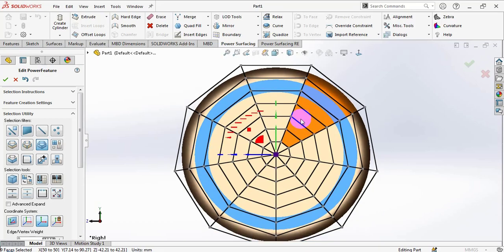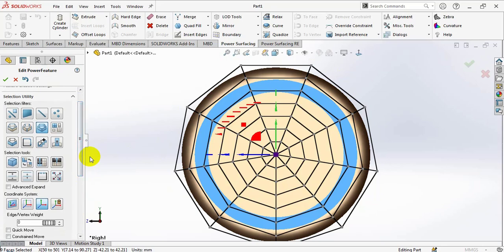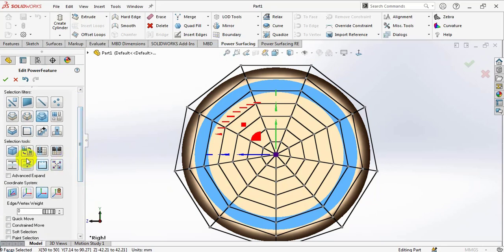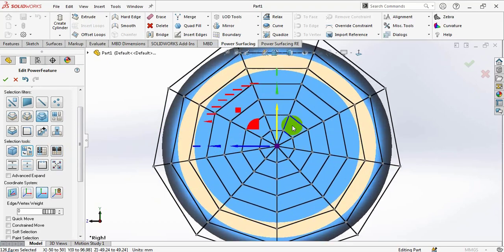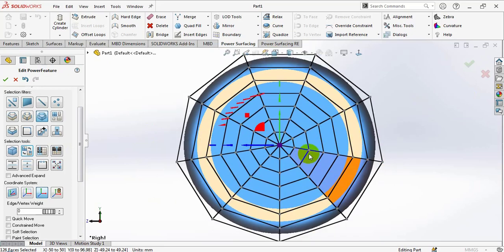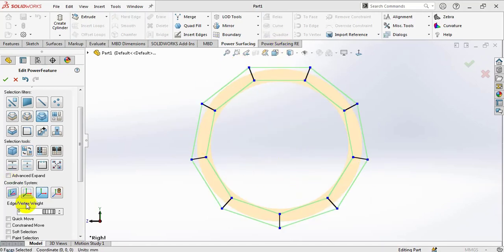after selecting this, I want to delete the whole faces but keep these blue faces. Okay, now you have here a tool called Invert the current selection. You just hit it and it's converted, so only the whole ring that we have selected remains. Now you can delete it easily. I'm just going to hold the Ctrl key and right click and press delete,